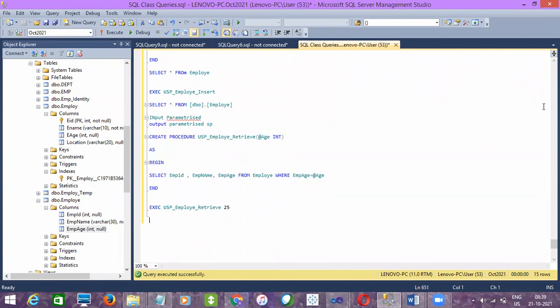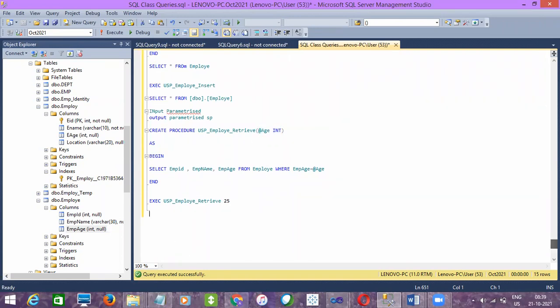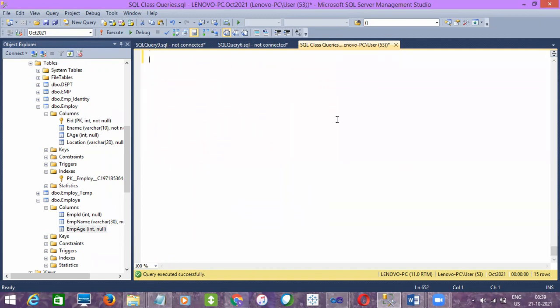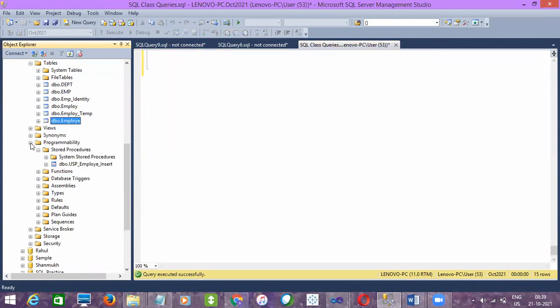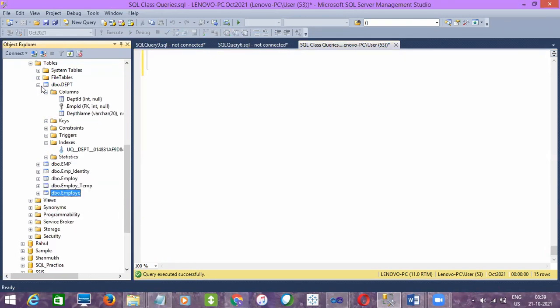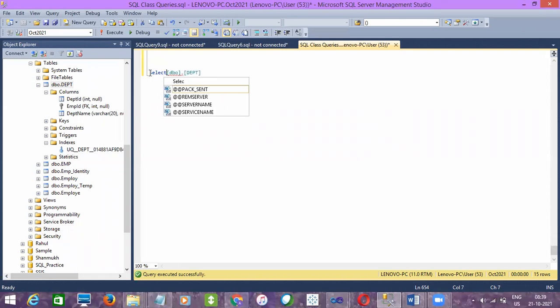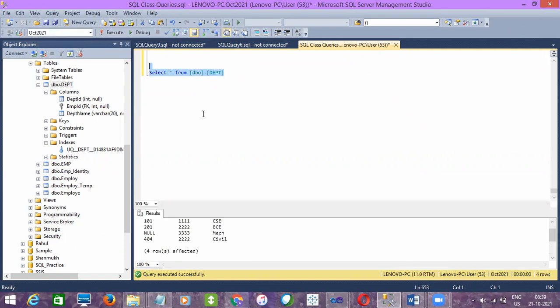Okay, and then the next example which I'm going to discuss is, see, if you want to update based on the employee input, we can also do that. Let's say I have a table called department here. I have a department table here, right?